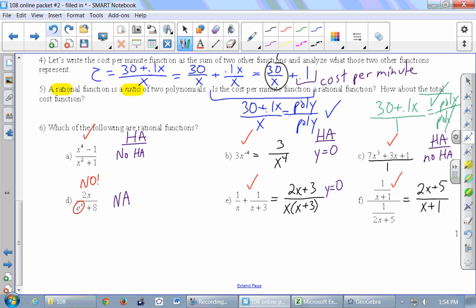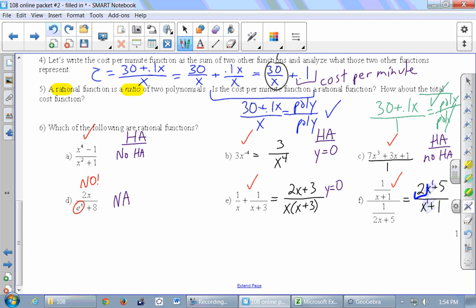And then finally, part F is the tricky one, but it's easy when you know how. In this case, the degree here is 1 and degree here is 1, so it's equal. So what this says is, again, ignore everything except the leading terms. And then when you ignore those, you can cancel these x's here because it's the same, and you just get